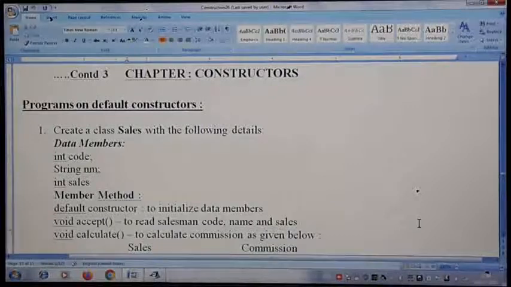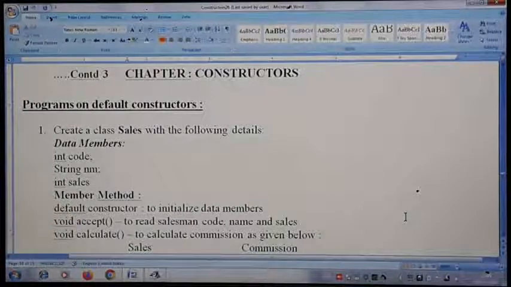Hello students, today we practice some programs on default constructors, because in the board examination compulsorily one question of this variety you get for 15 marks. So first I will give you a solution on how exactly we are going to write such questions. Based on that I have given you 3 board variety questions, so you can start writing and have the confidence of writing board variety questions also.